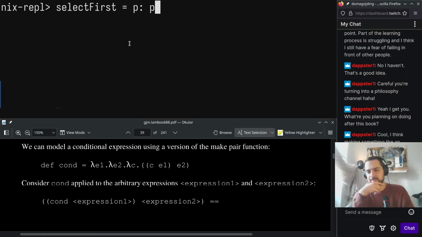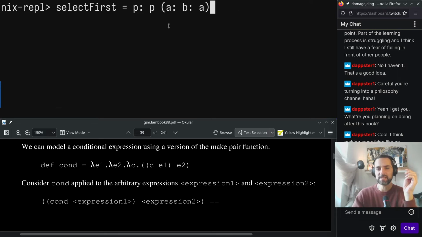Wait a second, P. Is this possible? Could I do it like this? X, A, B, A. Look at this, P, A, B, A. You see, we just need one more head here and an argument in the body so that we can switch them. It's funny, the select first is going to end up on the right side